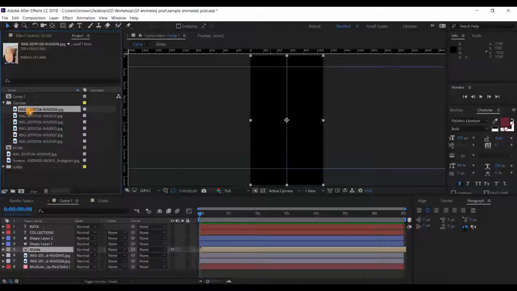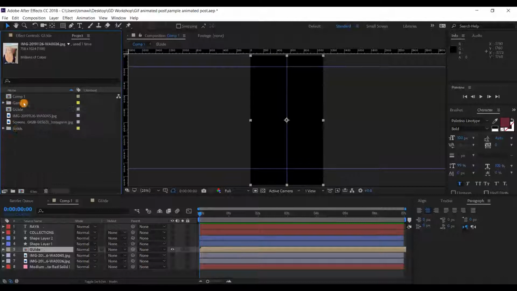All right. So what happened here? I already created a folder for my pictures, so my project panel will look cleaner. To create the folder, you just click the folder icon here to create a new folder. So you can rearrange your material according to the type, such as the pictures, the sound, the stickers, icons, and extra. This is to make sure our project panel looks clean and is easy to manage.